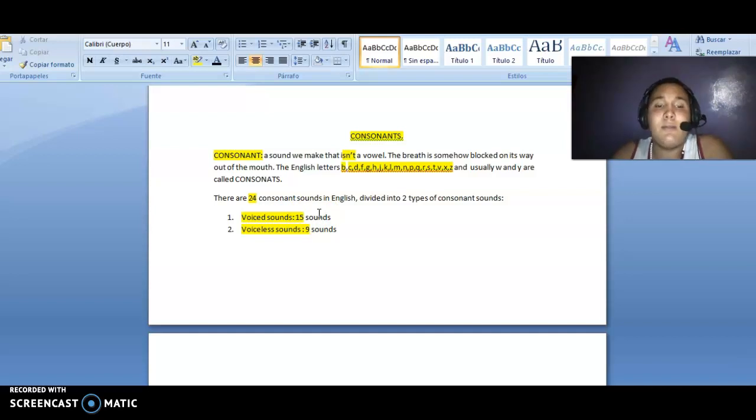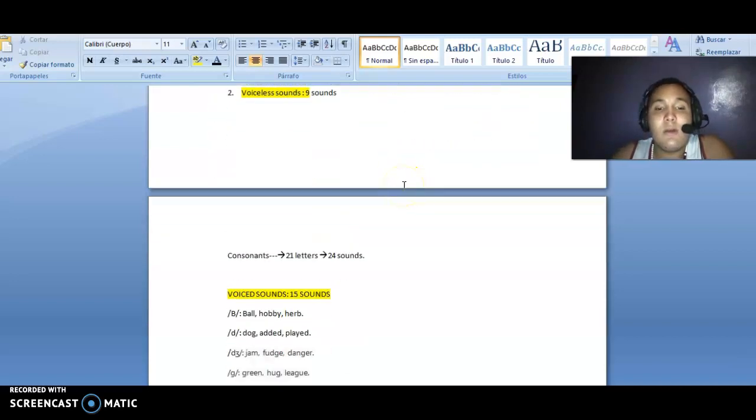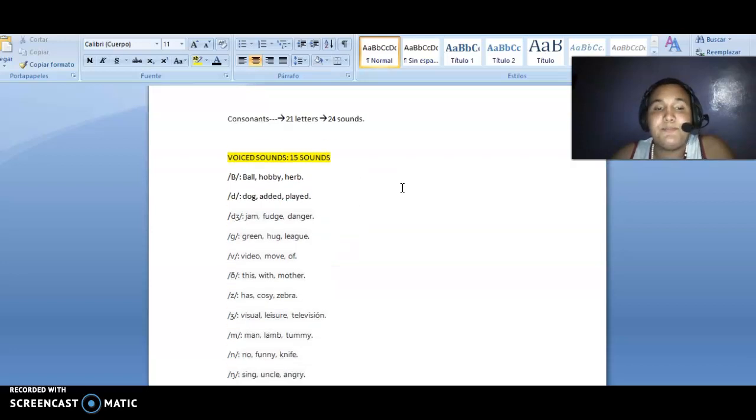The first is voiced sound, and the second is voiceless sound. Consonants: 21 letters, 24 sounds. Well, the first type we're going to explain is voiced sounds. For example,